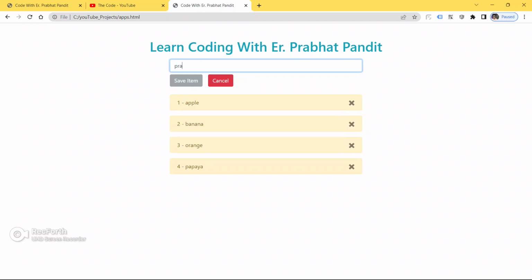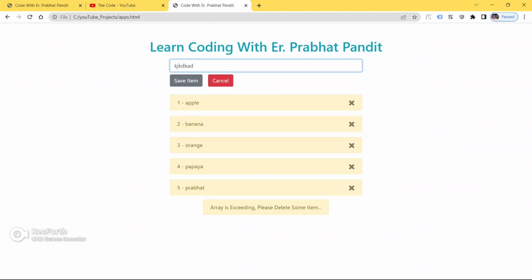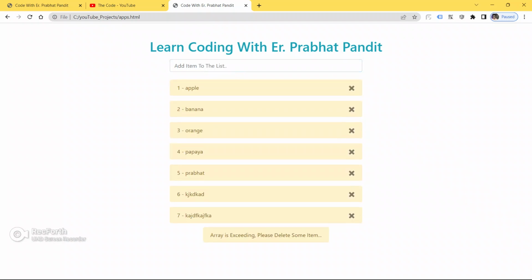So click on the save button, put Prabhat, click on the save button. See, now we are able to see: the array is exceeding, please delete some item.